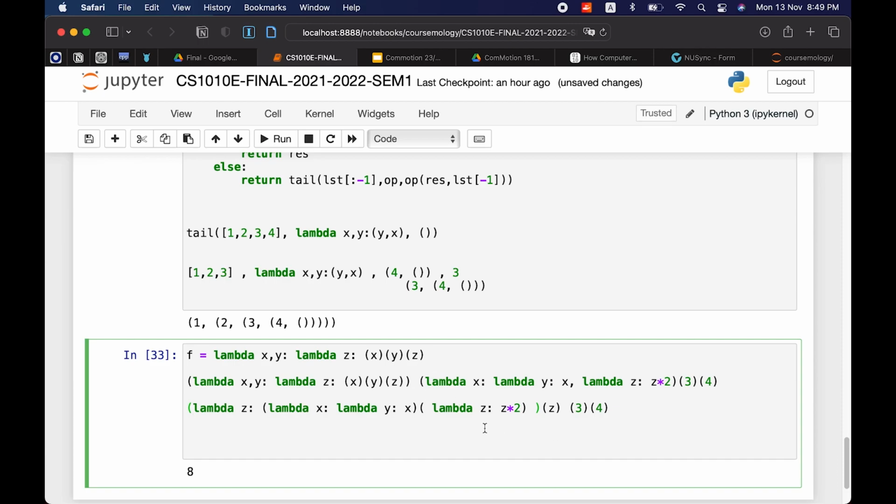Okay. Yeah. So this x and y. Oh, we still have this here. Oh, we have this here outside. This one. Okay, this is right. This right here.